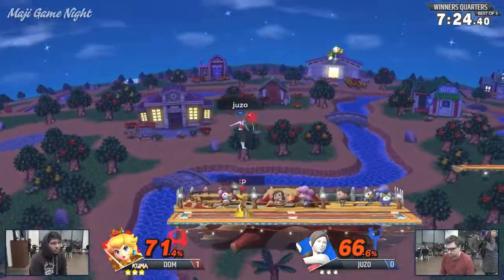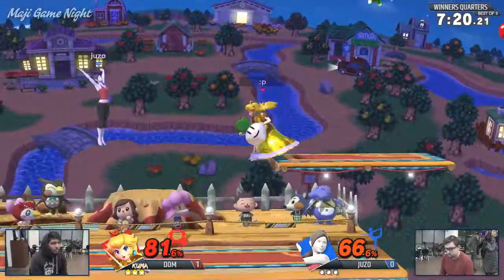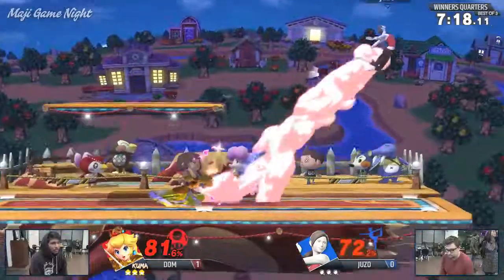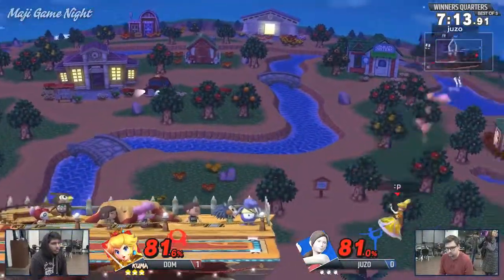Okay, tries to catch Dom's aggressive approach, but the disjoint on the dash attack caught out as that smash. And it looks like Juzo has a pretty solid game plan of what Dom's going to be able to do, whether that be using the stage. Ooh, but that down air might...